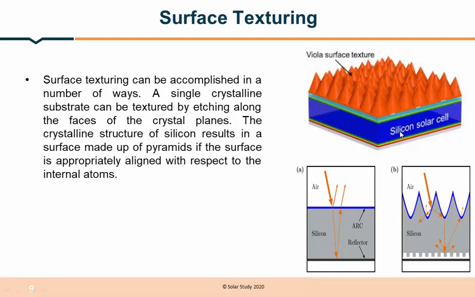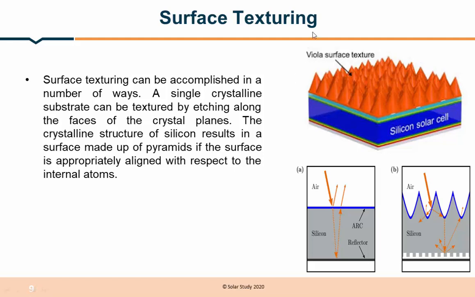In the pyramid shape of surface texturing, it will give internal reflection. When light is incident on this pyramid, it is reflected from one cone to another. Then, as we learned about total internal reflection, it goes inside, and we capture a greater number of rays inside the solar cell. So surface texturing is of main importance in designing a solar cell in order to get more solar rays inside the solar cell.